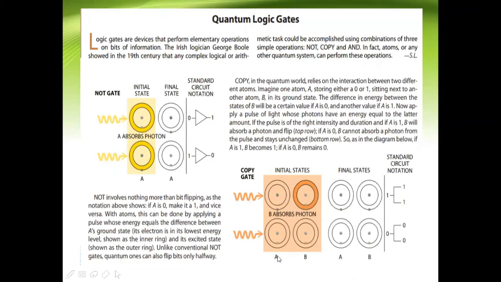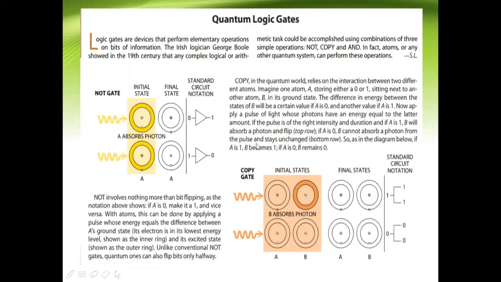Similarly, in the A position, the electron is in the inner ring. After giving light energy, that is, after the photon is absorbed, the electron is again inside. So A and B both have the electron in the inner ring, so no flipping happens because both are inside. So 0 means 0 only. In the other condition, in the final state, the electron is on the outside in both, so it gives only the one position.